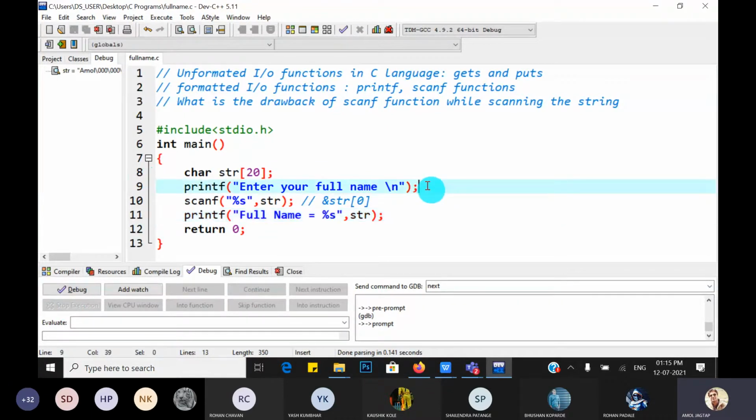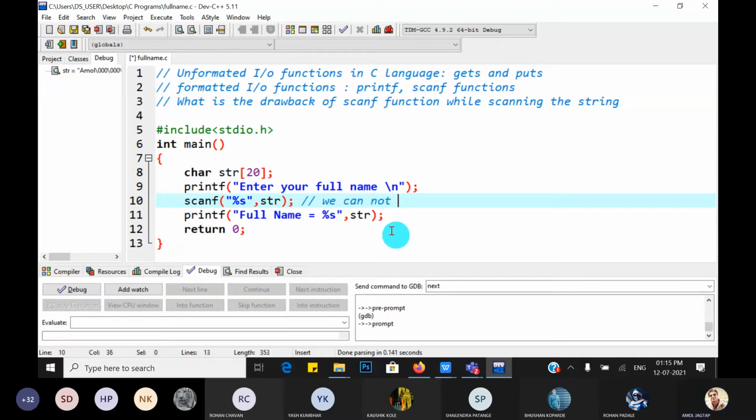Guys, understood what is the drawback of the scanf function? Using the scanf function, we cannot scan the string with spaces.